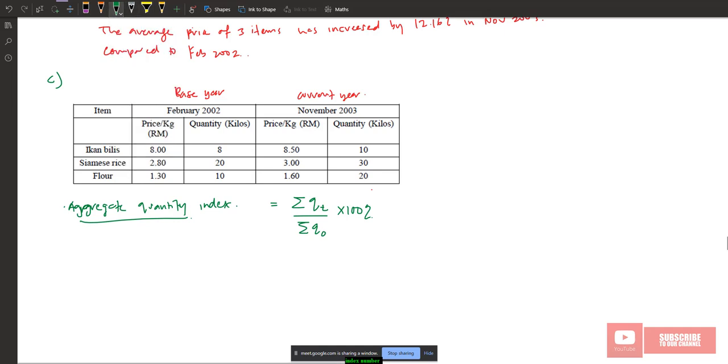So now, summation of quantity in current period, which is 10, 30 and 20. So 10 plus 30 plus 20, right? And the summation of quantity in base period is 8 plus 20 plus 10 multiply with 100%, right? So this one should be equal to